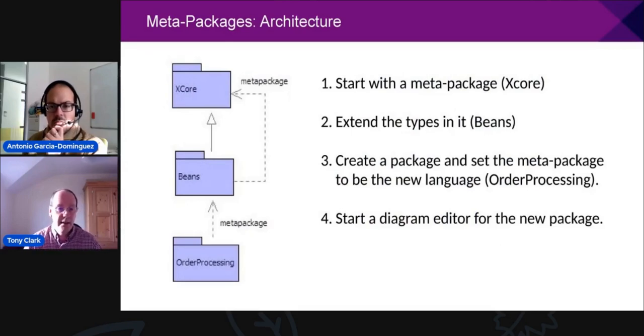And this is how it's been implemented in the tool, but it's a general pattern. XCore is that model that I showed you originally. Beans is the language that we're aiming to create here, and I showed you it in the little diagram of the database model. And the auto processing then sets its meta package as the Beans language. And of course, the Beans language is just a package, so it needs a meta package, and that's the base language model. And there should be a little thing that's self-referential, that XCore has itself as a meta package because